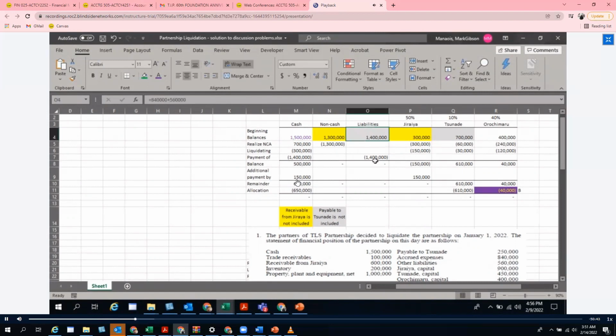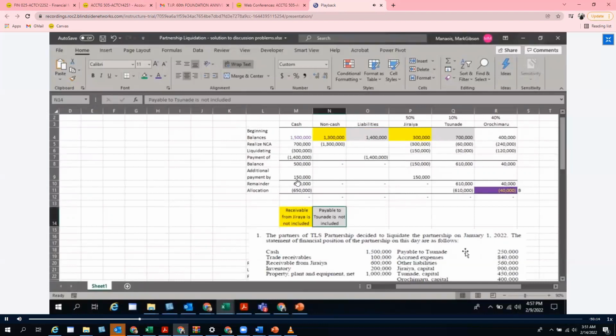Next, we have liabilities. So total liabilities natin would be 840,000 plus 560,000, representing the accrued expenses and other liabilities respectively, no? So hindi natin sinama si payable to Tsunade amounting to 250,000. So ito naman utang ni partnership kay Tsunade, no? So payable to Tsunade is not included, no? So ayan, nilalagay ko diyan class yung